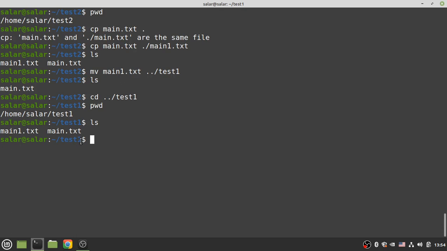But the move command has another usage, and it's renaming a file. For example, I want to rename the main1.txt file to main2.txt. How can I do that? How can I rename this file? I can write mv main1.txt to